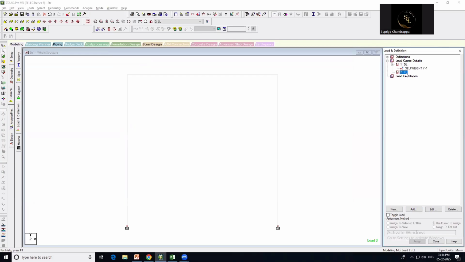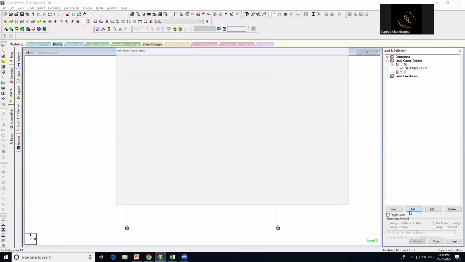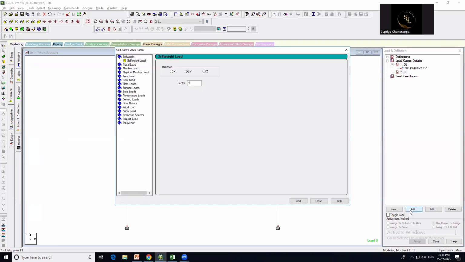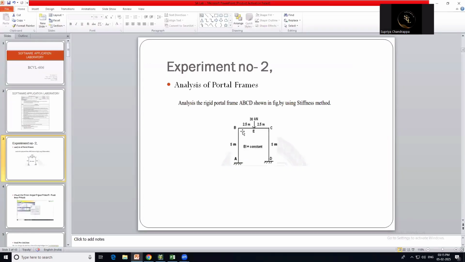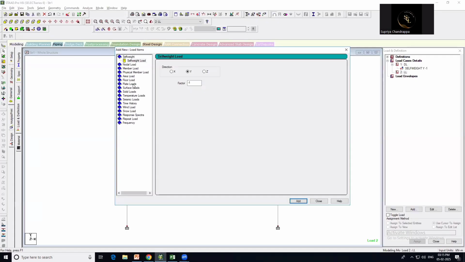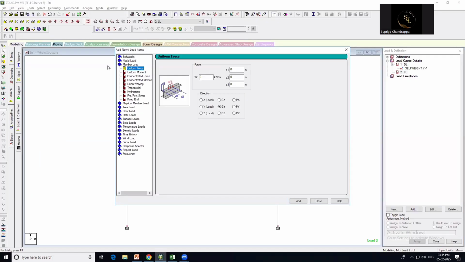After that, go to live load. Live load is whichever load has been given in the diagram, I mean, in whatever problem you are doing. In the problem itself, they have mentioned that the live load is 30 kilonewton, which is acting at the center. This 30 kilonewton load is acting exactly on the member. For that reason, I'll select it as member load. Go to member load.